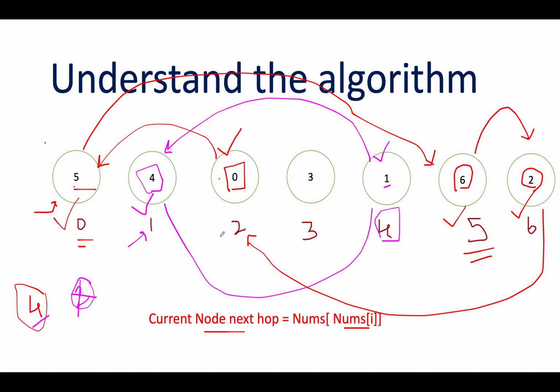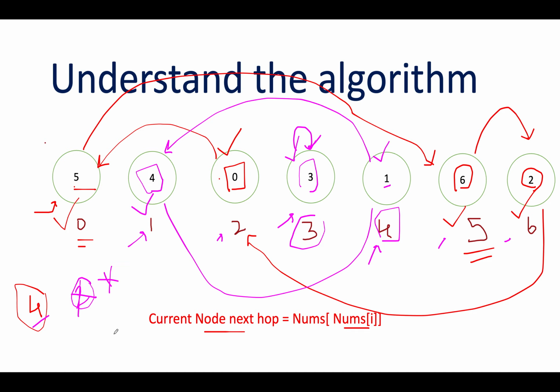Next we have 2. Node 2 is already visited in some cycle, so we'll not start the DFS from this node. Let's move ahead. Next we have 3. At 3 we have the value 3 itself, so 3 points to itself in a way, and you'll mark it as visited. Again you'll go with the DFS operation, and you'll see that it's already visited, so you abort the process. The length of this cycle is 1. It's lower than 4, so you'll ignore it. Let's continue the process. Next we have 4. 4 is already visited. Next we have 5. 5 is also visited. 6 is also visited.